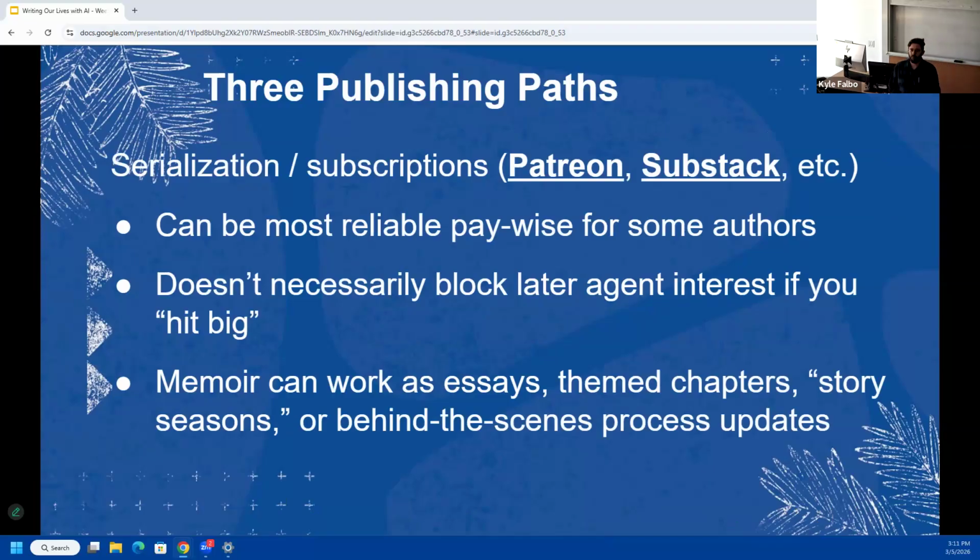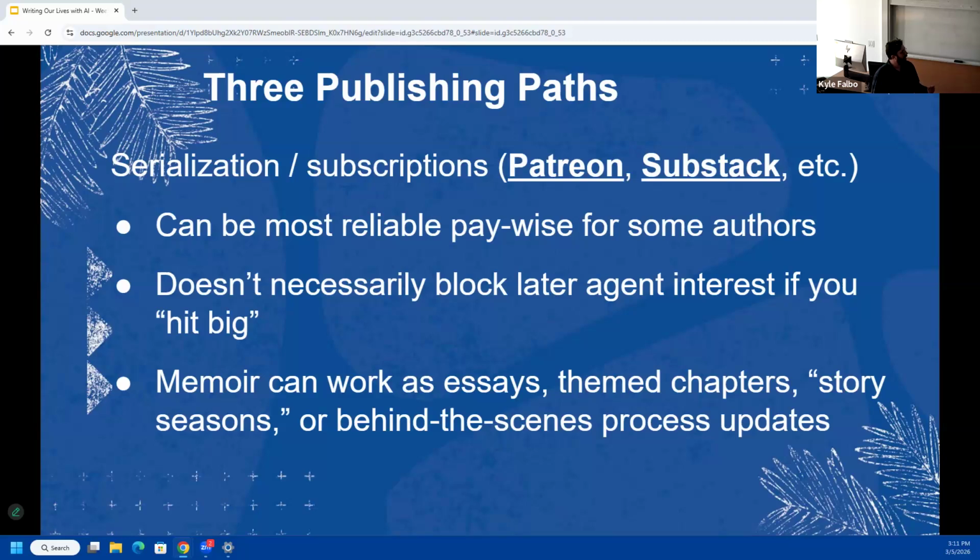The third is this. And this is, I think, where he's moving in the direction of, if he was to do this again in the modern era, with the capacity to navigate a lot of this space, it's the serialization, subscription model: your Patreons, your Substacks. Those are also clickable links there.